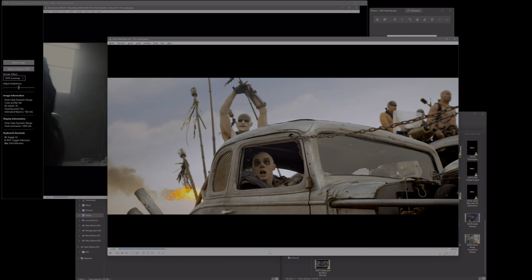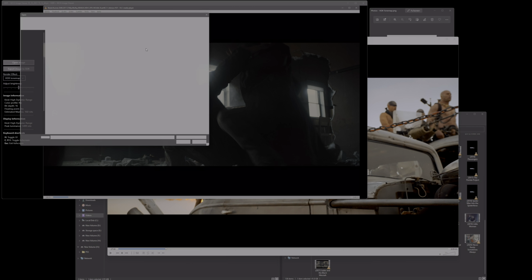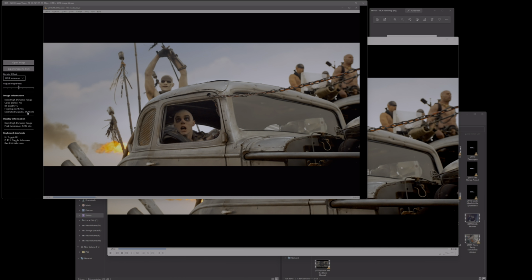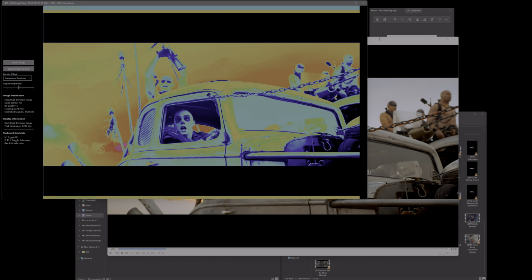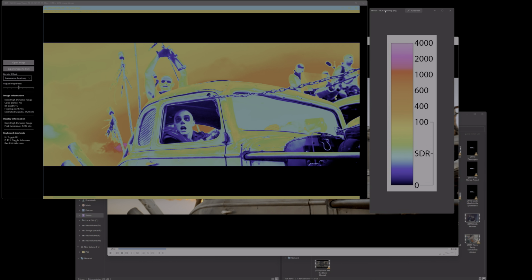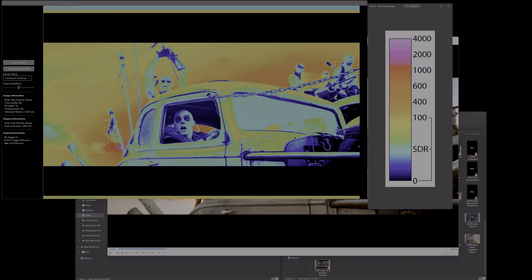Take a screenshot of this. Open this up in the software. 2400 nits. Do the luminance heat map, and we compare it back to the image we've got right here. You can see the fire is hitting this orange color. You can see that underneath the car we're hitting a really, really dark blue, almost black. There's really, really high amounts of dynamic range in this film, and you don't have to go through and have